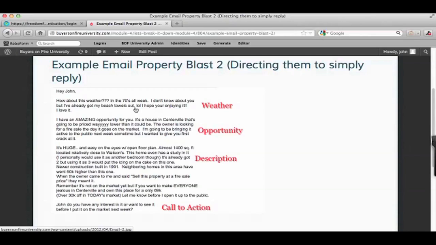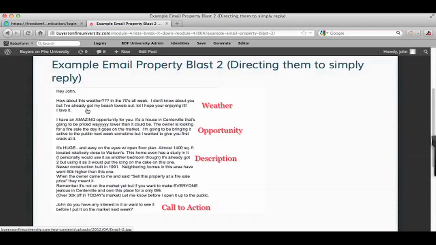It's that simple. They don't like that, "Hello, I have a great opportunity for you, and this is what it's all about, and this is a great deal, and you should go ahead and buy this property because my name is John Cochran." Who cares about all that crap, man? Be real. Be real. So the first paragraph is the pattern interrupt, and you want to go ahead and talk